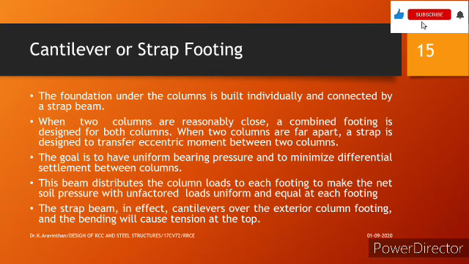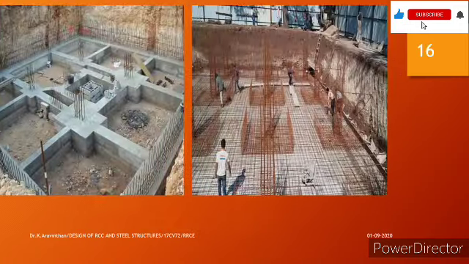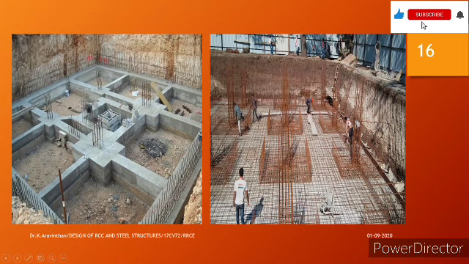So this is the part which is reverse. You can see the top part of the strap beam has tensile force and the bottom part of the beam has compression force. Why? Because due to the soil force, the reverse effect happens in the strap footing. So you can see an example for this.